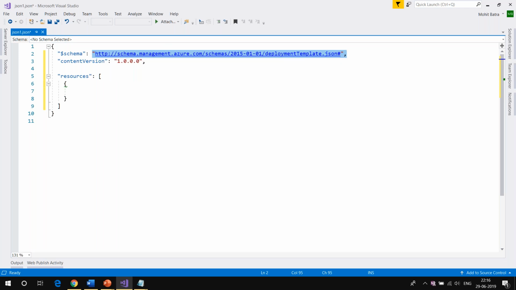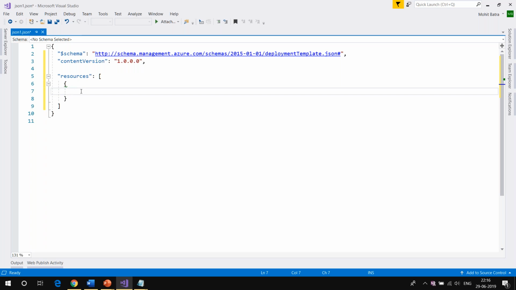You simply have to take this one and put that in your ARM templates. Okay, and Nataraj is saying the schema link is like a gateway for the app to communicate with Azure. No, Nataraj, the schema is a way for you to create it. Then you are going to pass it to Resource Manager. Resource Manager will see that you are saying that it is adhering to this schema, and then it is going to validate if it is adhering to that schema or not.